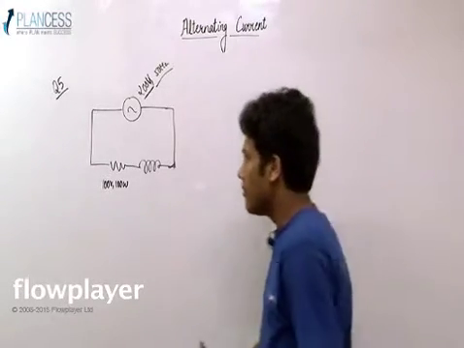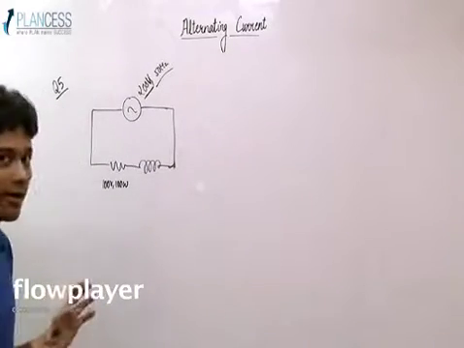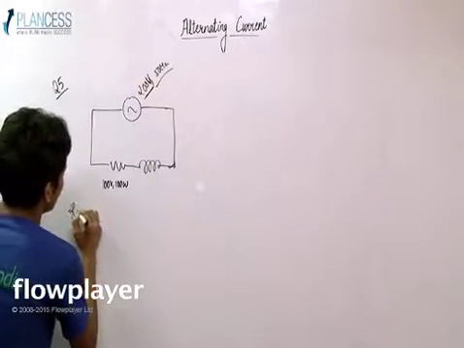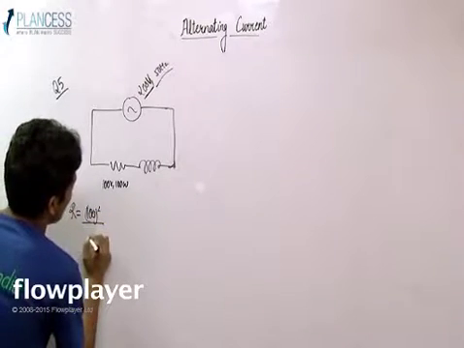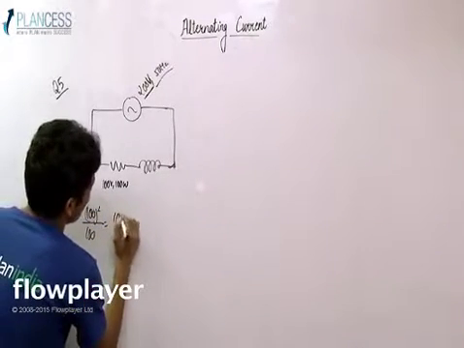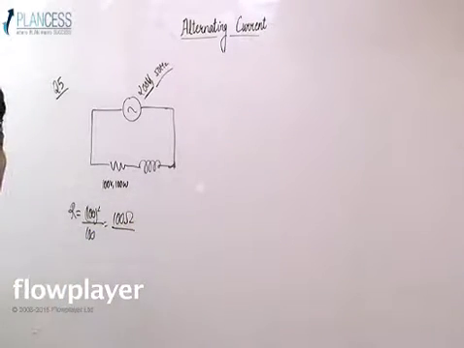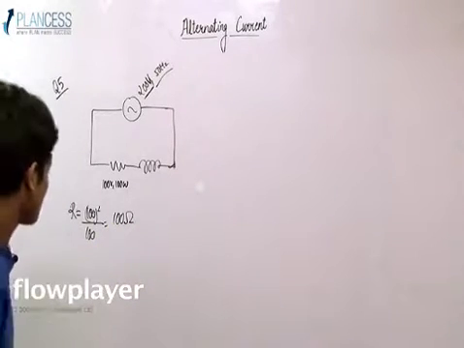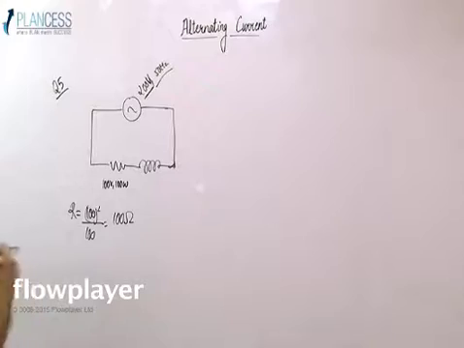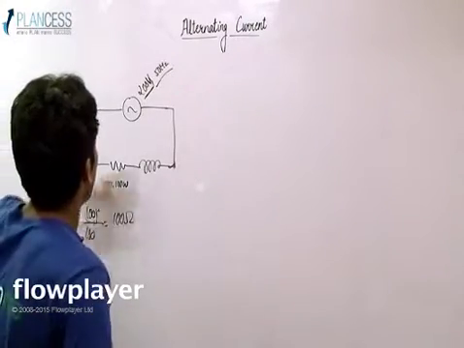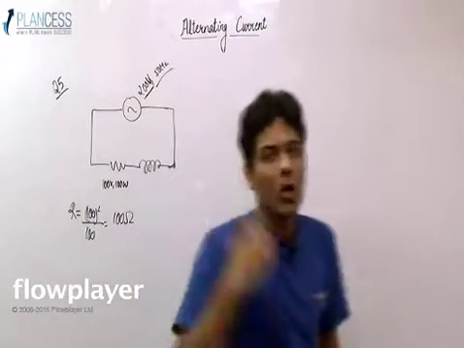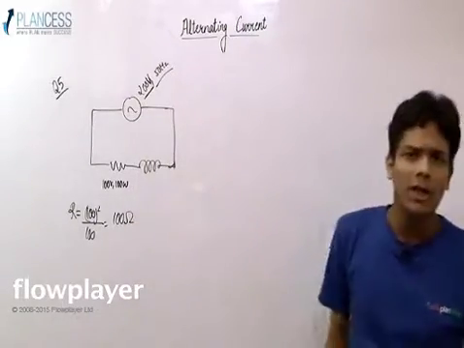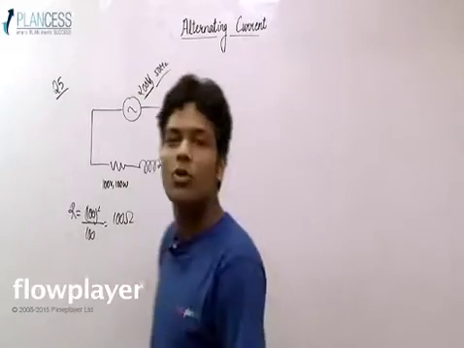Now let's say you have a bulb which is marked 100 volt and 100 watt. You can calculate the resistance of such a bulb. It would be 100 square upon 100, that is 100 ohm. We know that V square upon R is the power, so V square upon W, that is 100 ohm, is the resistance of this bulb. If you have a bulb or a tube light in your houses which has such marking, that is 100 volt and 100 watt,